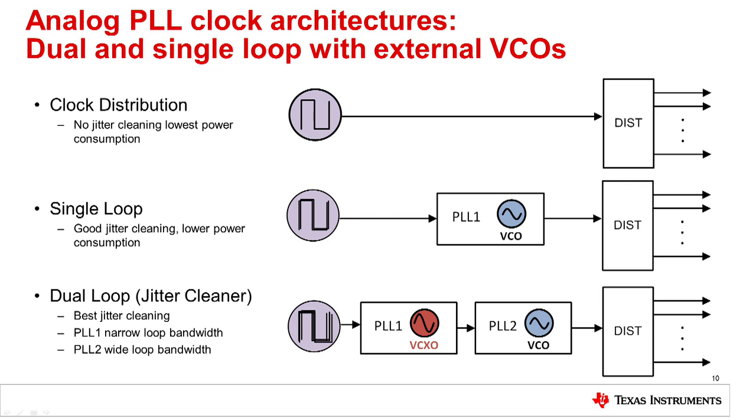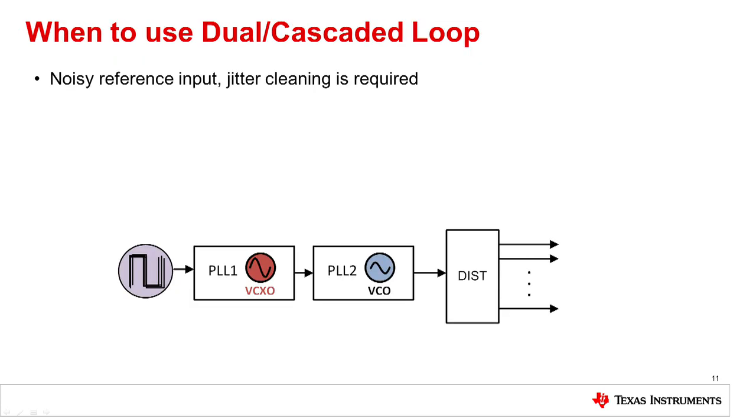The second PLL performs more of a frequency multiplication function to allow the distribution block to divide down to the desired output frequencies. A dual cascaded loop architecture would be used in the case of a noisy reference input. For example, if you wanted to use a recovered clock as your input reference clock, or if you needed low phase noise close into the carrier